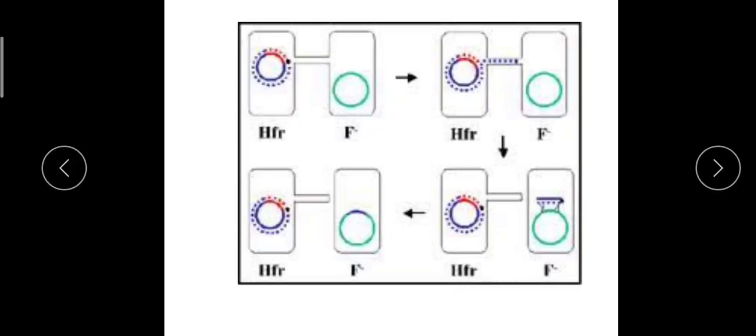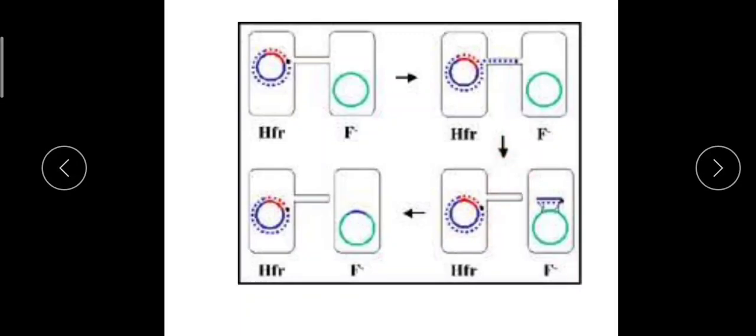After reaching there, the recombination process starts, and the result is a recombinant cell. Here a portion of the F factor occupies the leading end of the DNA strand and the other part occupies the lagging end. As soon as this replicated DNA moves on to the recipient cell,